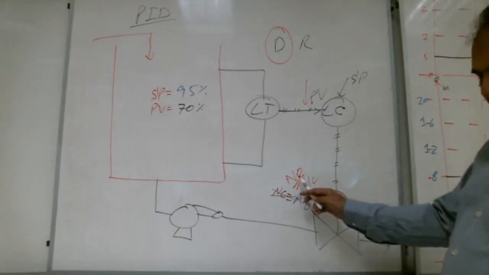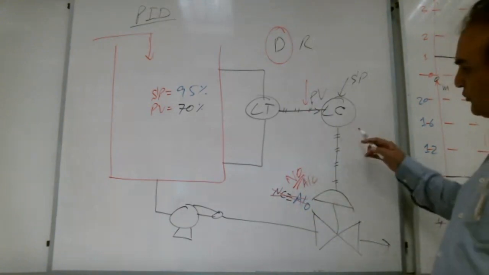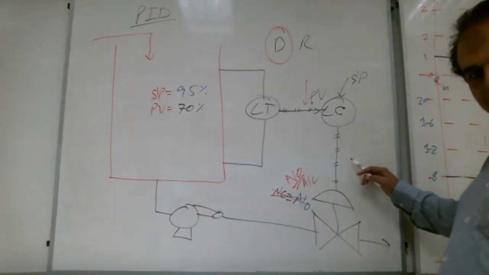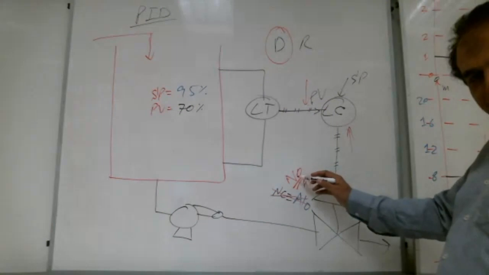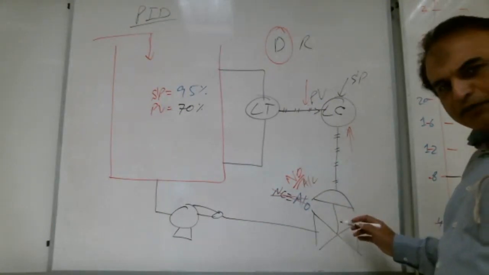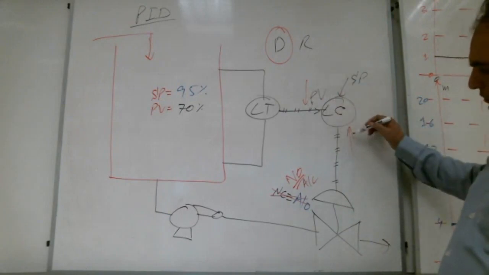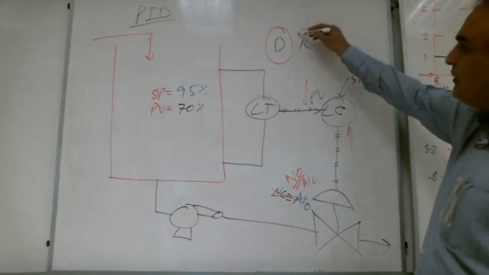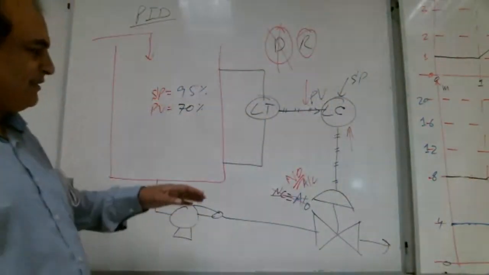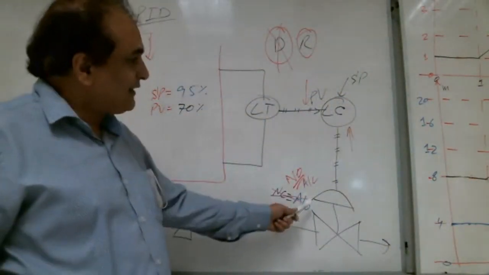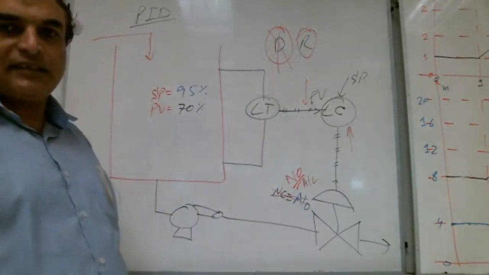This valve is normally open. If we decrease the signal, it will get open. So we need to increase or decrease? If normally open, and we remove the signal, it will start to open, right? So we need to close it, so we will increase the signal. Opposite side, right? So it is reverse, no more direct. When this valve was normally closed, it was direct. When this valve becomes normally open, it becomes reverse.